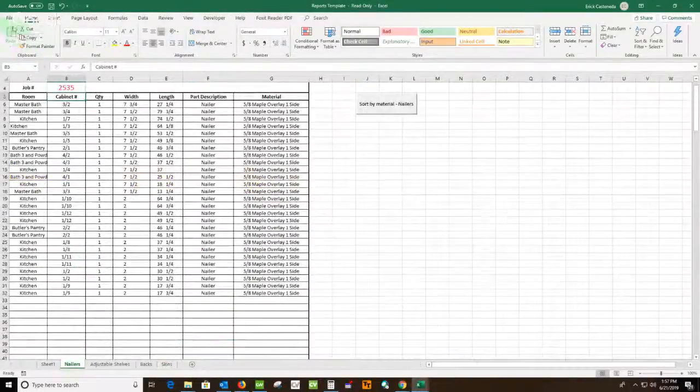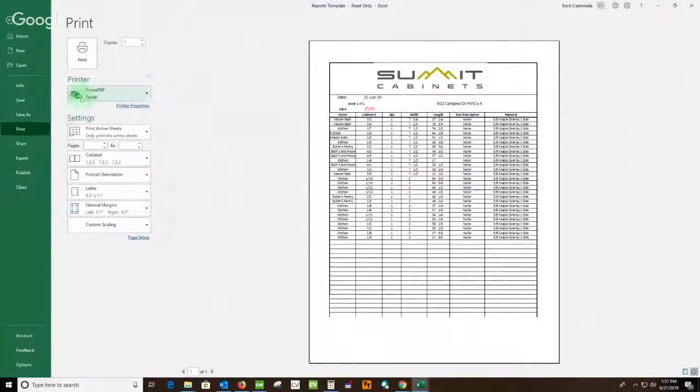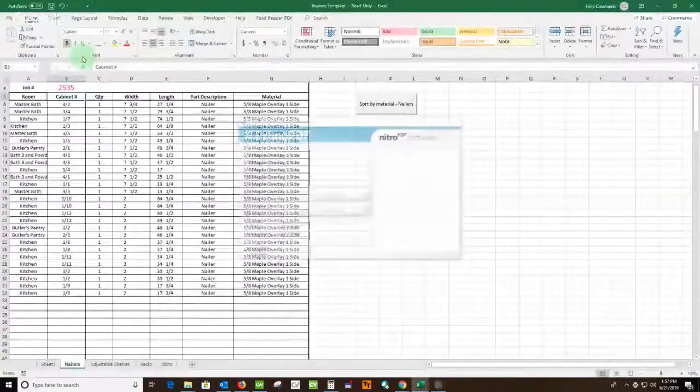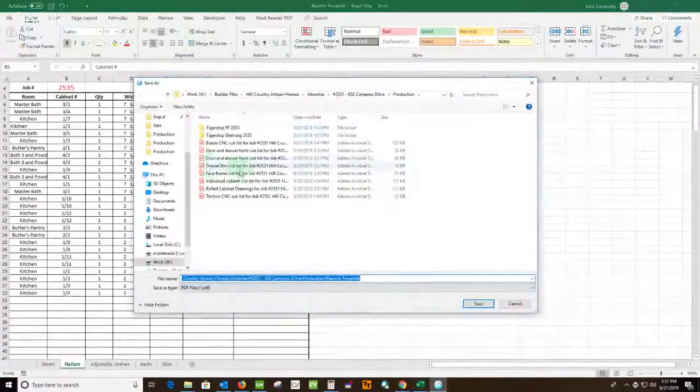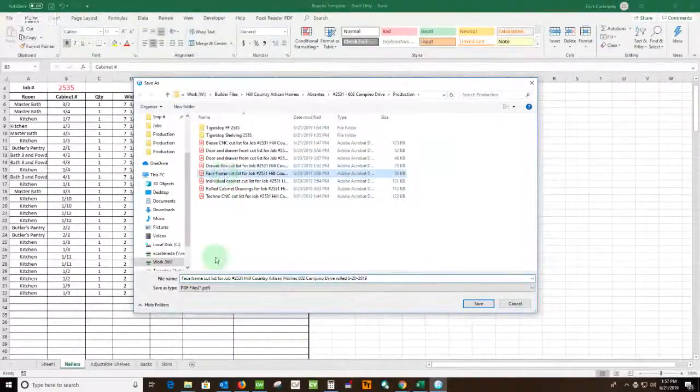Go back to Nailers. We're going to print this document. Make sure it's set for Primo PDF. You click Print, Create PDF, and we're back to the same original folder for the job. Click on Face Frame, and we're going to override the face frame name. We're going to type in the same name of the tab, Nailers. It matches our Nailers tab. Click Save